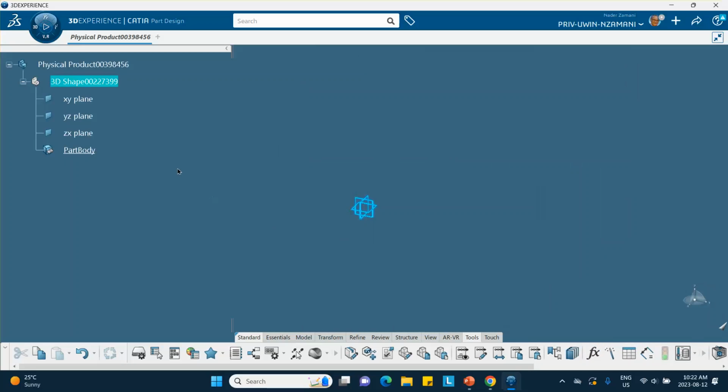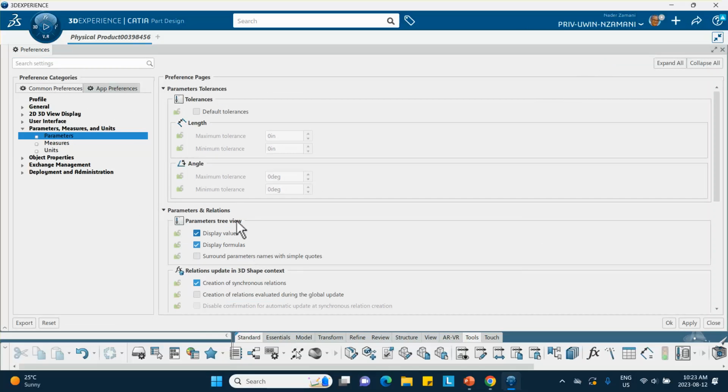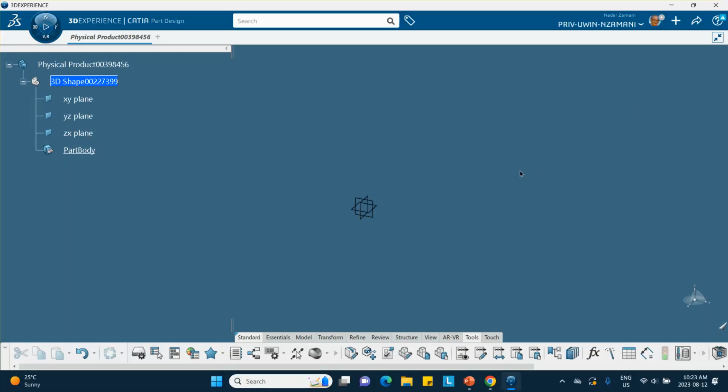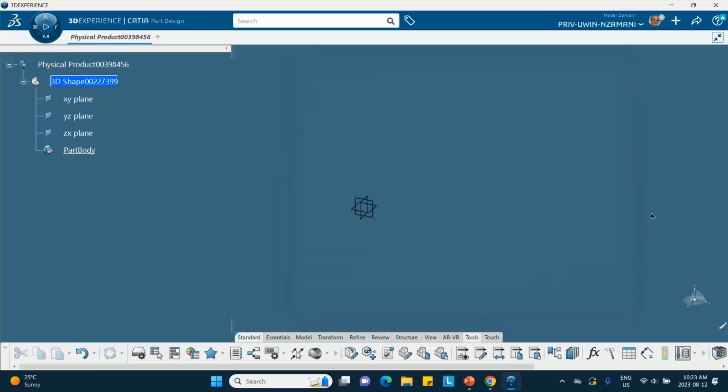and say OK. Notice that these parameters don't appear here. See that? It doesn't. And that's because I told you that we have to go back and properly do that. So we go here, preferences. You see, these are checked. And I created two parameters. As a matter of fact, to convince you that I created two parameters, let me go back here. Let me go to f of x. And I'm going to click right there. It says the parameters are here, but they don't appear in the tree. So cancel that. Go back,